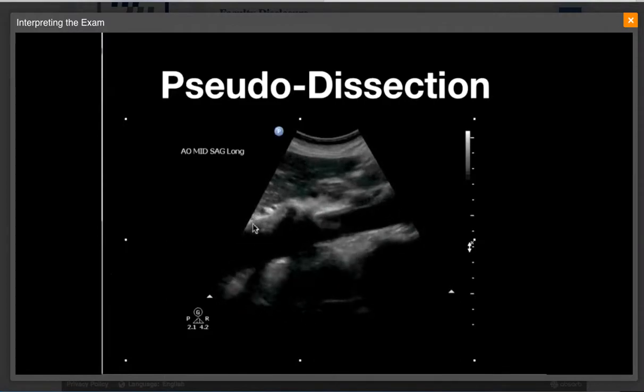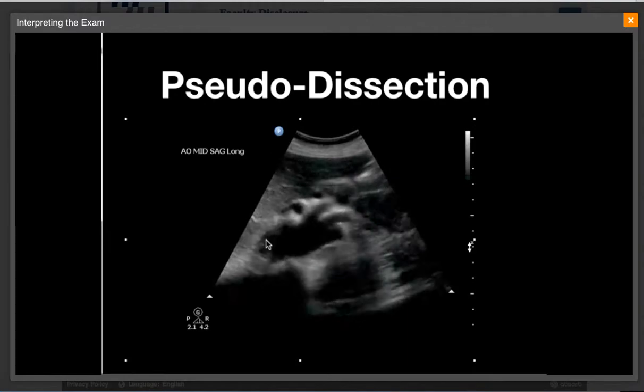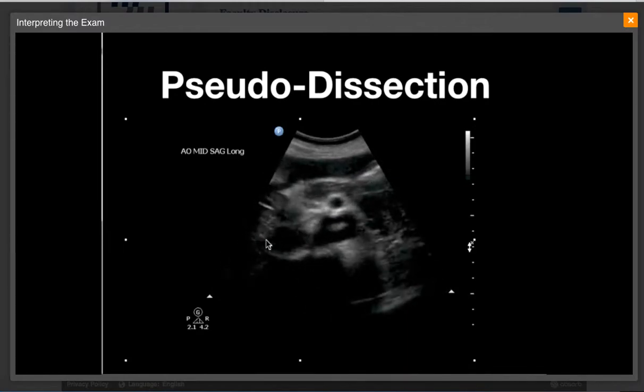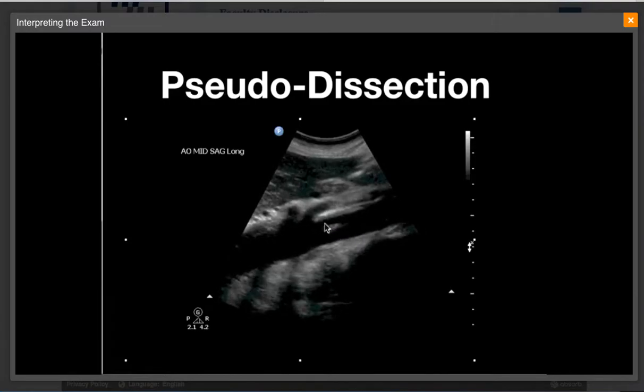Here we have a sagittal view of the aorta, and remember, the normal lumen of the aorta should be anechoic. However, if you look here, just below the takeoff of the SMA, you see this echogenic line within the lumen. So the question is, does this represent a dissection? And the answer is no. Remember, dissections originate up in the chest, so it'd be very rare for one to start distal to the takeoff